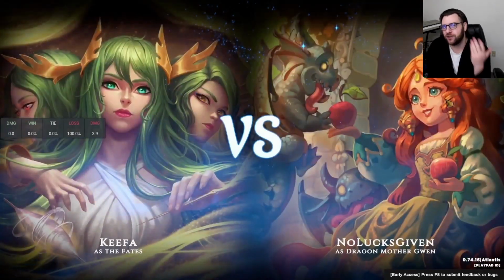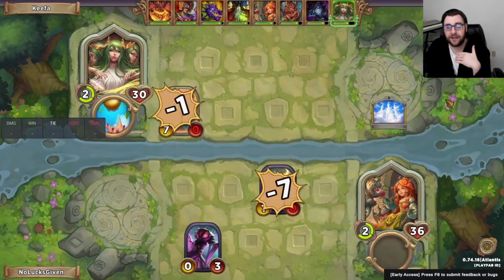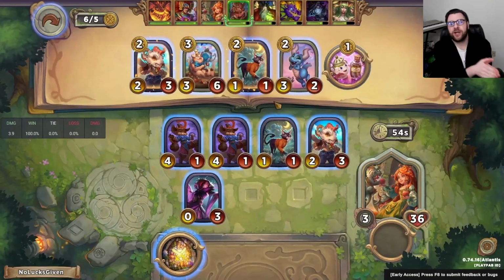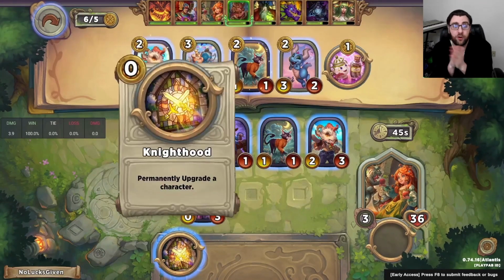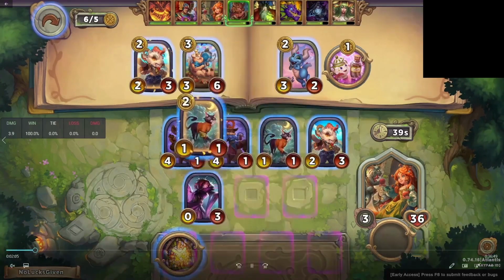I do sometimes like using Knighthood on Kitty Cup Purse, and I've had some pretty good success with that in the past, but not typically on 2.2 will I do that. I'm generally looking to use Knighthood on the 0.0 turns when possible. 2.0, 3.0, 4.0, and in this 3.0 shop, we have got...